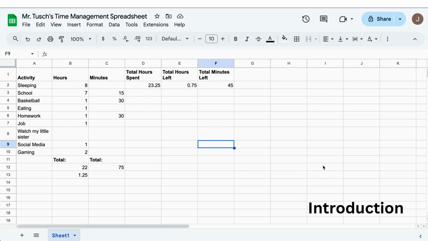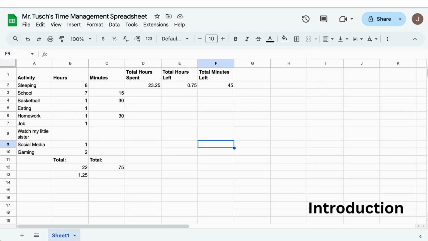In this assignment, you are going to be creating a time management spreadsheet. You're going to take a hard look at what you do with your time every day and make some decisions about what's important to you and how you're going to reach the goals that you want to reach in your life by looking at how you manage the 24 hours that you have every day as your gift to us being on this planet. So let's take a look at that together.